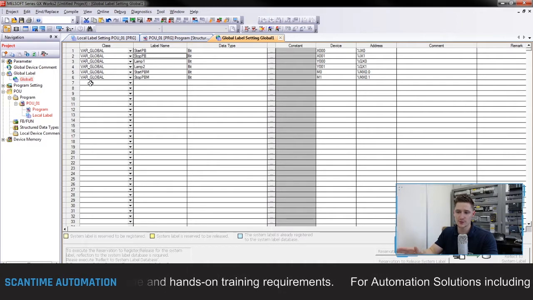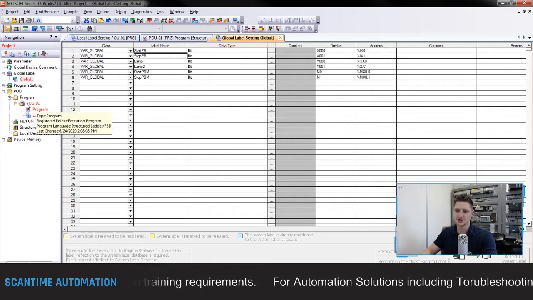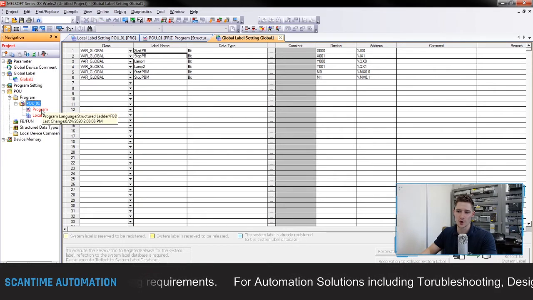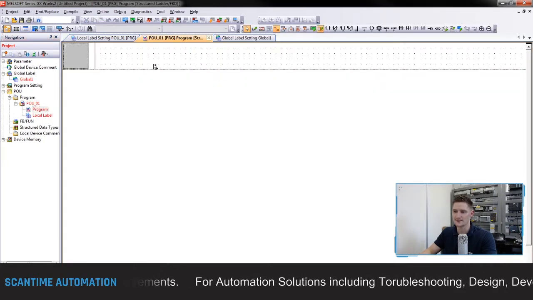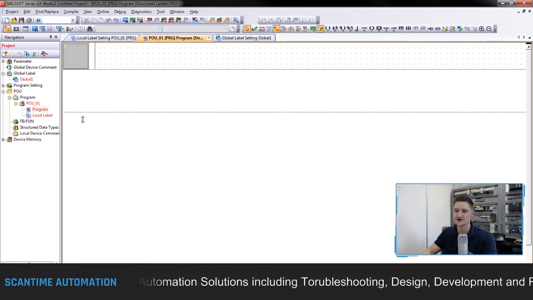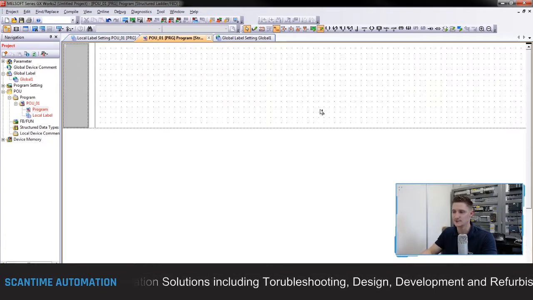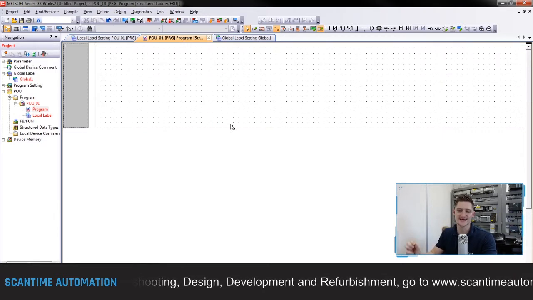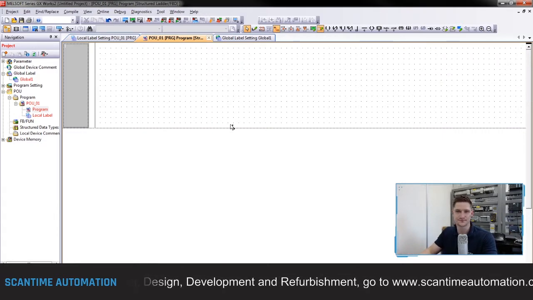Now once our global labels are set up, we can actually get into our program and start writing the program. To do this, open up your POU1 folder, go to Program, and then inside of here you'll already have your very first network created, and we can resize this by dragging it up and down. What we're going to do now is create a standard start-stop latch using the components that